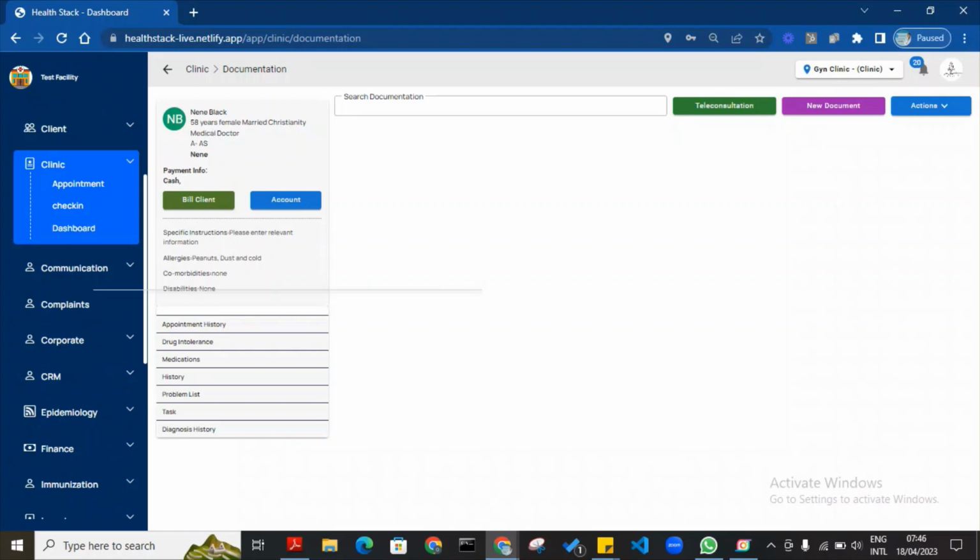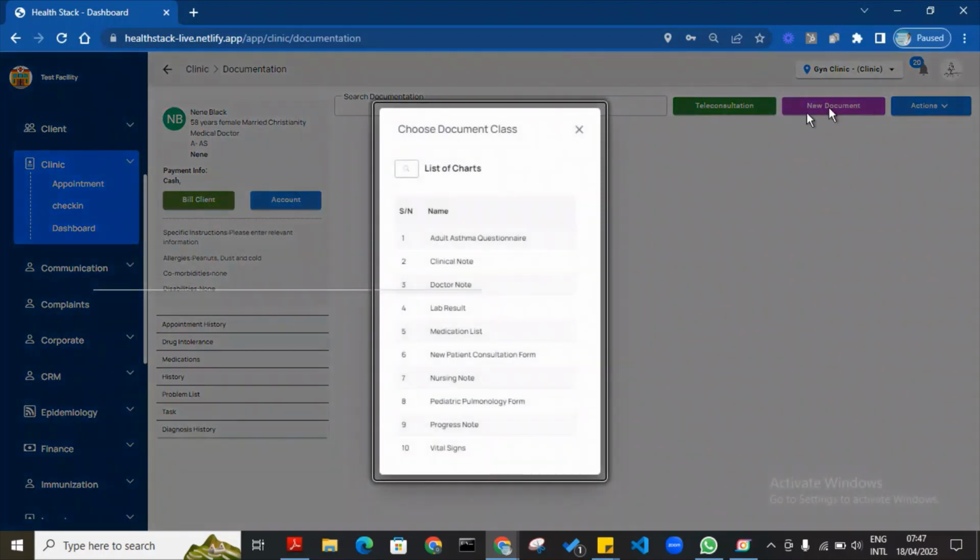You can see the details we entered during the patient's registration. Nini is 58 years old, A minus, AS. Nini's tag is Nini. She's a cash paying client. I can view Nini's account from here. You can see details about allergies, comorbidities, disabilities, and all of that. So as a nurse, I'm going to click on new documentation, go to vital signs,